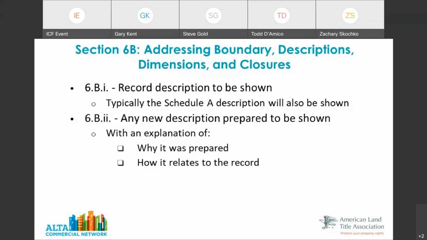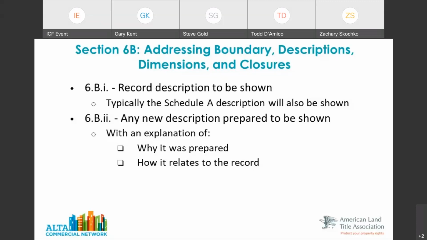There's another section that we really dig deep into in the standards, and that's 6B2. Anytime a new description is prepared, it's to be shown. Now, in the standards themselves, we talk about, well, a surveyor might prepare one. And then what happens if a surveyor prepares one? There's a sentence that says including a statement explaining why the new description was prepared. So the surveyor should explain why they had to create one. As Gary and I have talked in the past, sometimes in certain states, Ohio being one, if a new description is prepared, it might have to go through a process of being reviewed at the county by the county engineer or surveyor. So there may be another step that has to take place. But the surveyor should always identify why one was prepared.